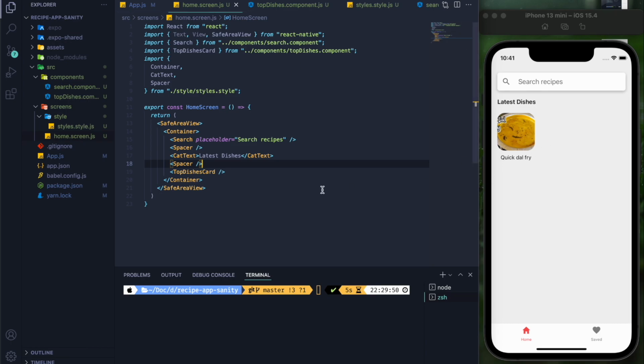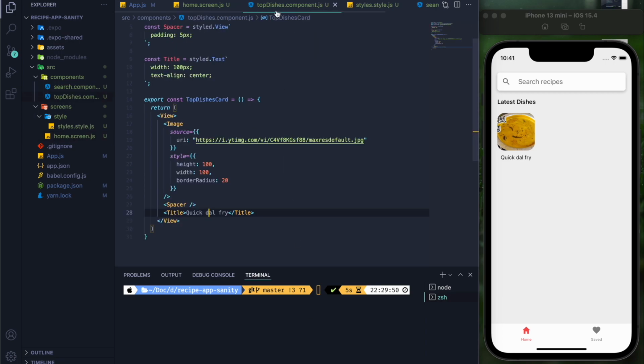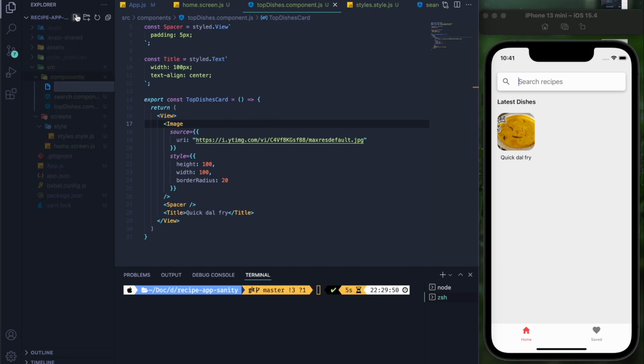The next step is to make the card. So the card which we saw, which we are scrolling in here, so the card will appear here. So for that we'll need React Native paper. As we used React Native paper for the search component, we'll be using the same for the card. And we are gonna be styling it a bit. So that's why we are going to be styling it custom. So custom component for that,